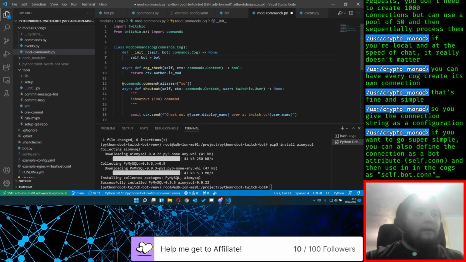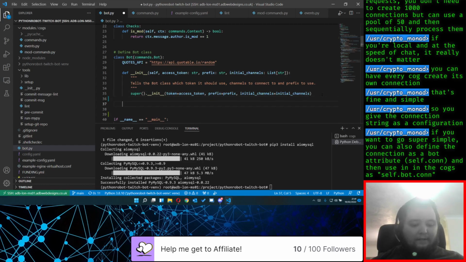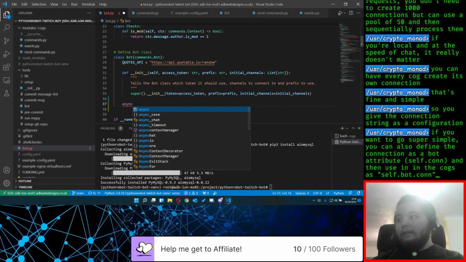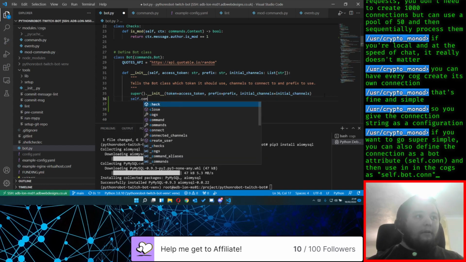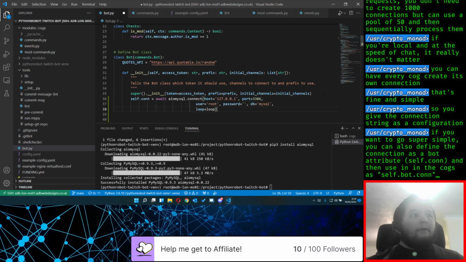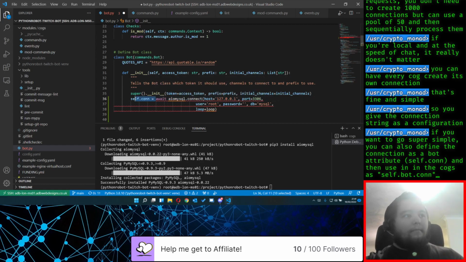Yeah, that's what I wanted to do in my bot class, but I need to do it as an async function, you see. Because you can't do, for example, in your init, a self.con equals this, because it has to run in an async function. But I think if we just did it as